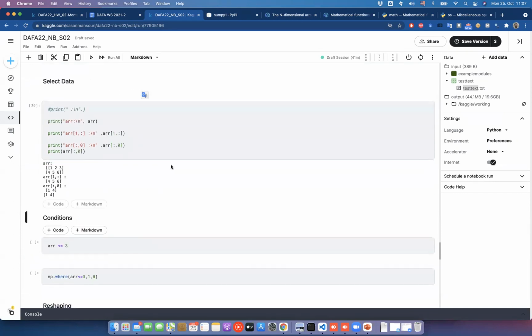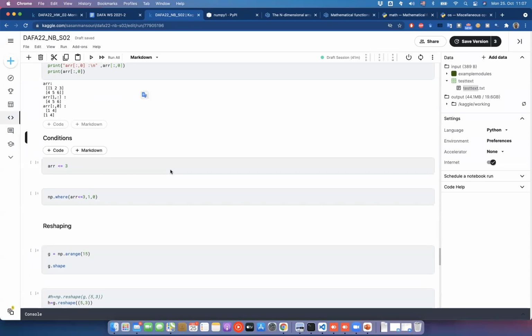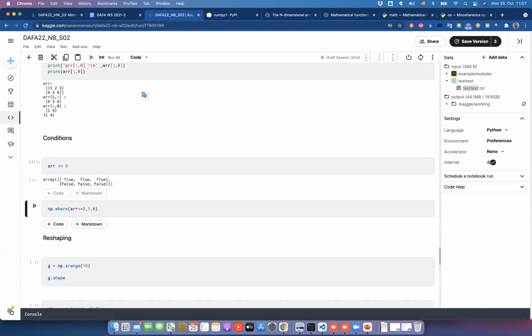The other thing is the conditions. You can convert your arrays to conditions. So you want to see how many of them are less than 3. You can just say less than 3. The first line is 1, 2, 3, they are true, and the 4, 5, 6 is false. You can just sum them to get the